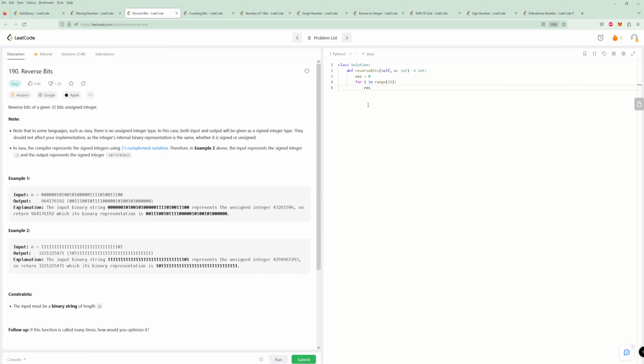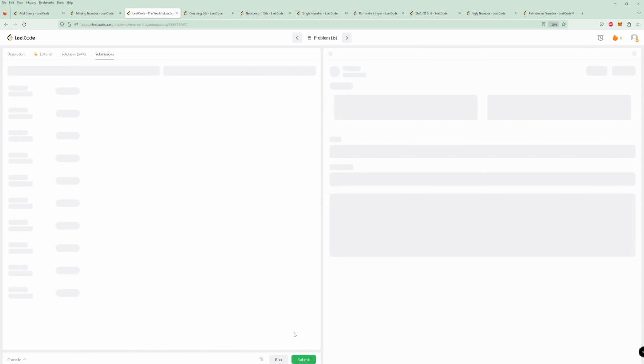Okay, so res equals res shifted, then res plus, let me think. What do we need to add? So we need to plus equal the number n and 1. That would give us, if it has a 1, we'd need to put it in the res. I think this is right. Then we need to shift the nums the other way, hopefully. Okay, hopefully it's right. We might have an off by 1 error. Oh my god, that would be insane. Okay,